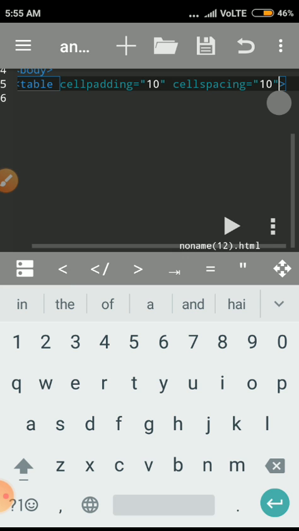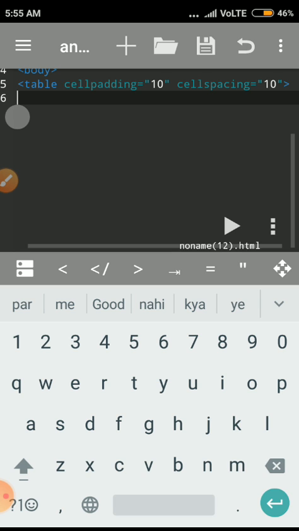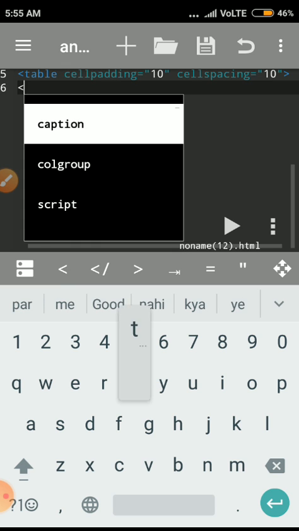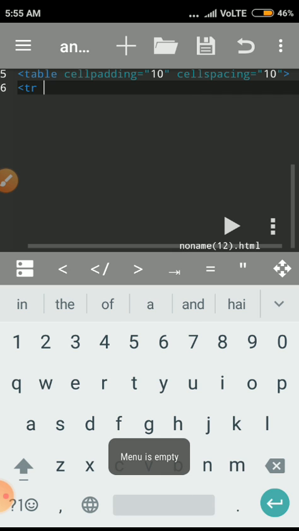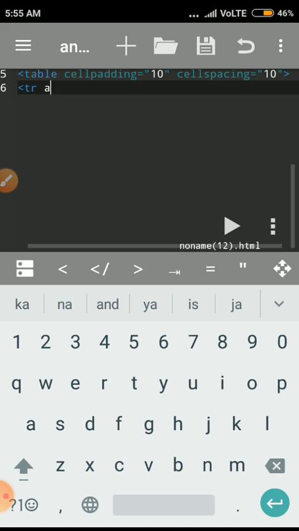And after that I explained table data and table heading. So if you want to change any adjustment, first we take the table row, and here we just give align. Okay, align, and we just give the alignment like left, right, whatever we want. Suppose I give right, so it will show the content from the right side of the cell.